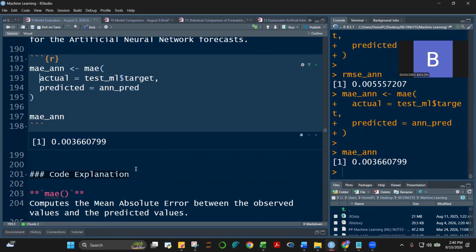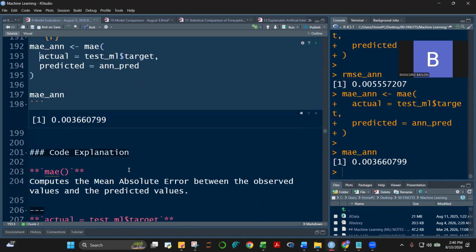Now again, is this good or bad? We cannot determine this. We cannot analyze this in isolation. It has to be compared with your other algorithms, to see which algorithms will generate the lower MAE.